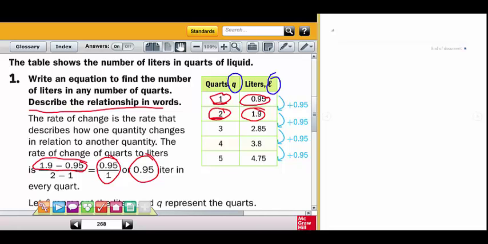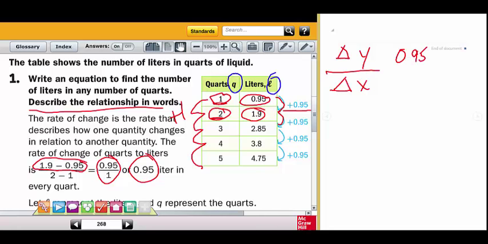Now another way that you could do this problem that I want you to be aware of is they've already done this part for us here, where we're seeing that we have a rise of 0.95. We could also take a look at this over here, see that we have a rise of 1, and we could just look at it this way: the change in y over the change in x. The change in y is 0.95, 95 100ths. The change in x is 1. So again, we have